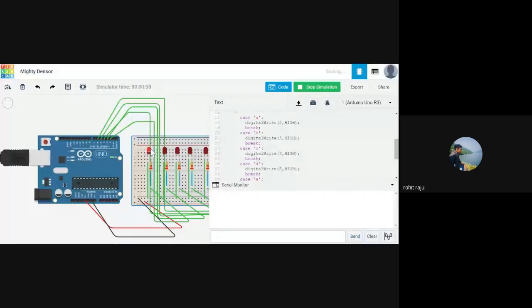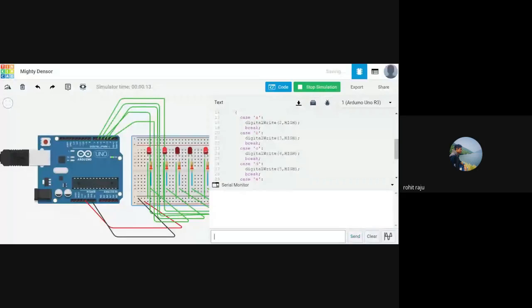See? Yeah, the last one glows. And if you type Z or some invalid character, all of them should turn off. You can modify this program, like if you write low here and put some delay, but that's how the program works for now. So this is the program.